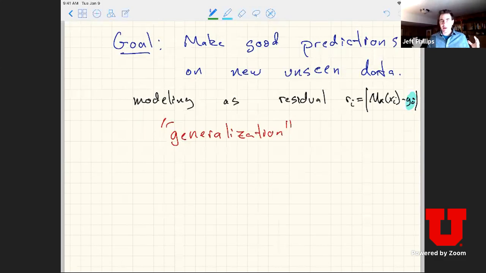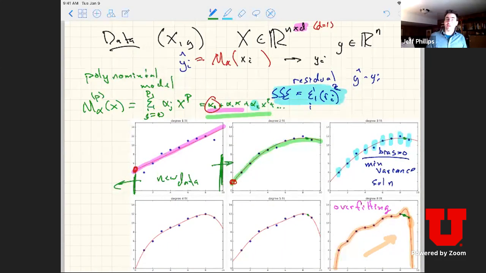The question is, how can we actually use our data, and our family of models, to estimate if it's going to generalize well to new data? We've used all our data to build the model. The degree 8 one is doing the best on the data points we have. So how do we do this on some new data?